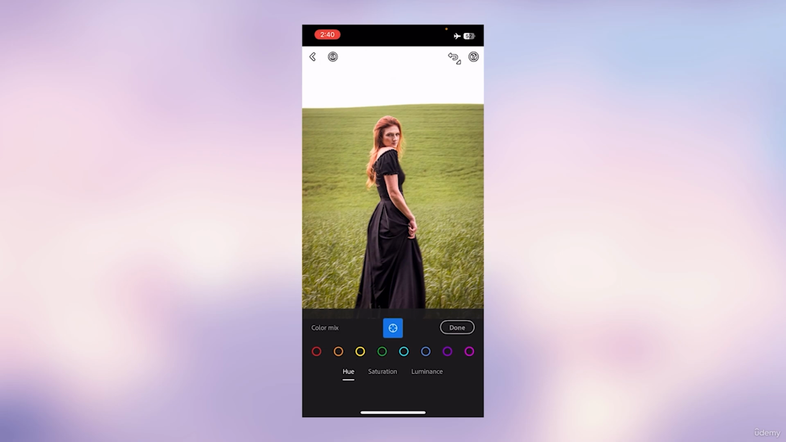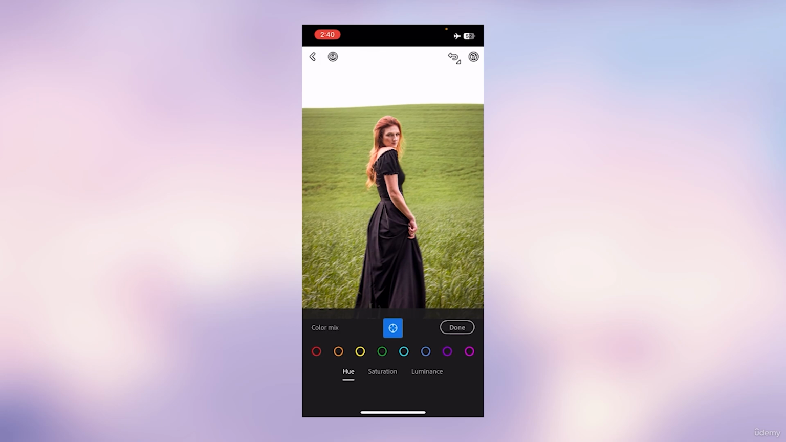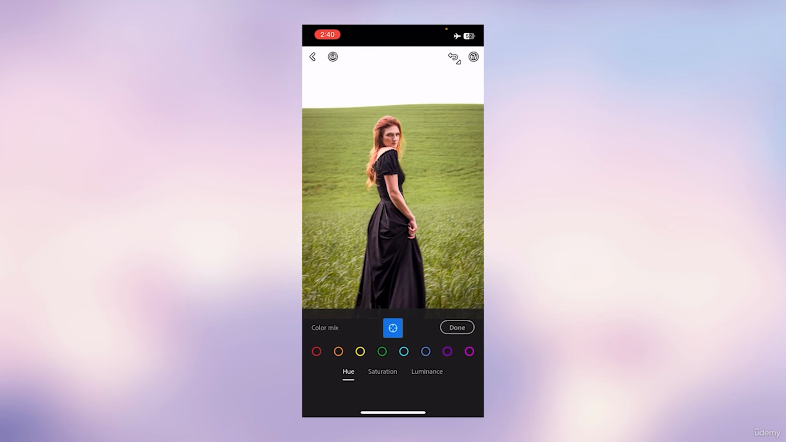Now to edit the grass, for example, we want to edit the grass's color. Now there is another option here, which again, is a slightly more automated option, so I do not use it. But you can use it. This small circle you see next to color mix, you click on it and